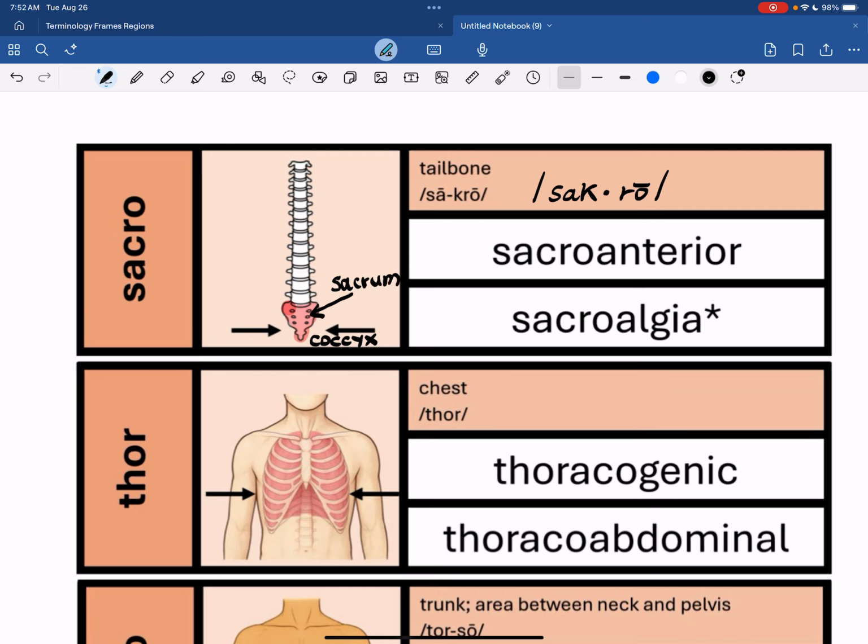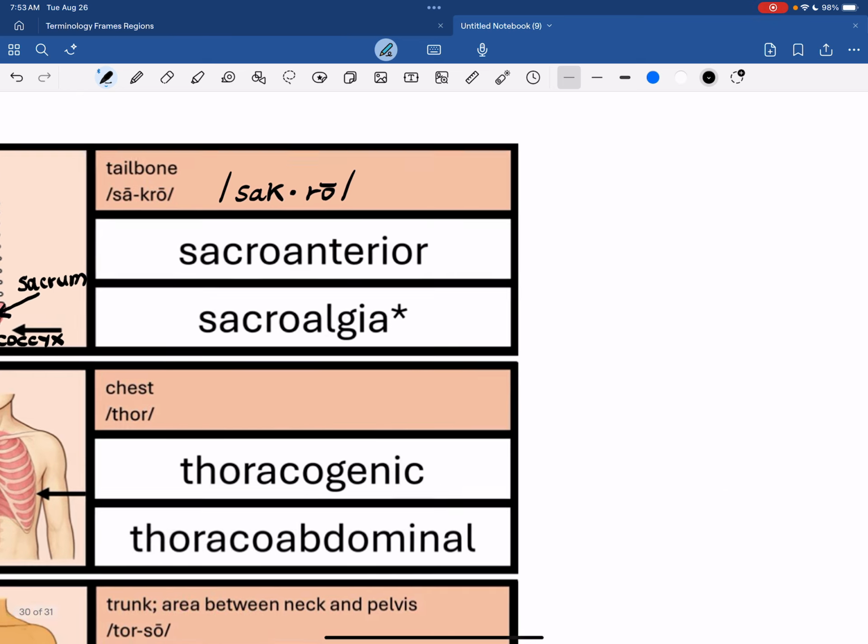That is that lower part of the spine. It's actually some vertebrae that are fused together. So the sacrum is that low support area. And the coccyx is the tailbone that's sort of tailing off of that. Okay,